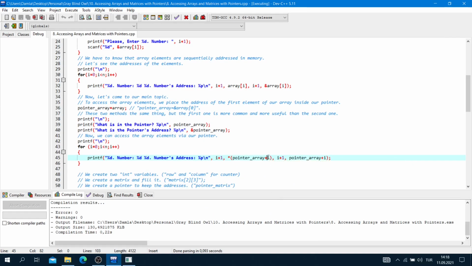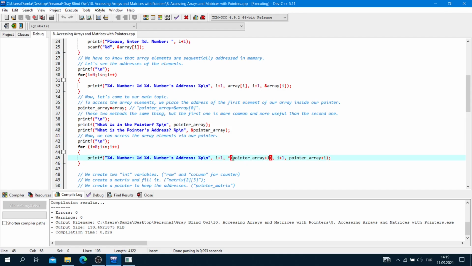We add only one unit to this address. This means multiply this unit with the size of your variable type. So our variable type is an integer type, and an integer type requires 4 bytes. So 4 bytes times 1 unit is equal to 4 bytes.